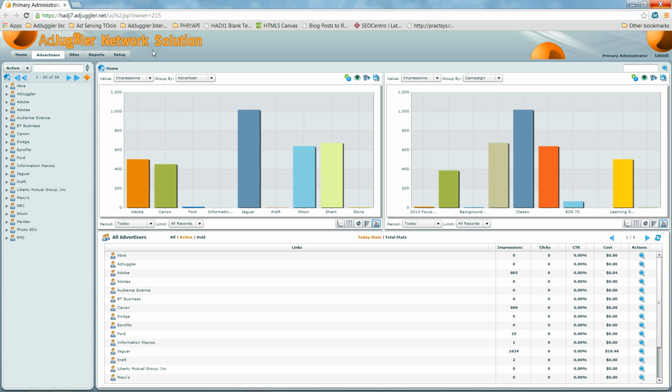Alright guys, here we are looking at the Advertisers tab. Now there's a lot to cover under the Advertisers tab, so this video series may take a couple different videos to cover everything. So let's begin. From the Advertisers tab, this is where you're going to create all of your advertisers that you're